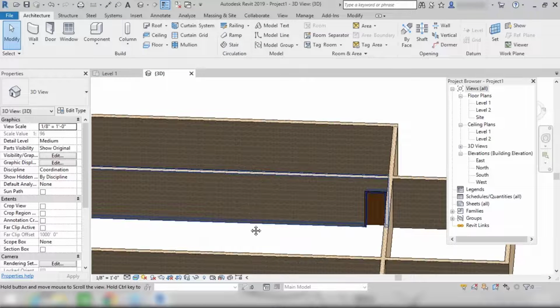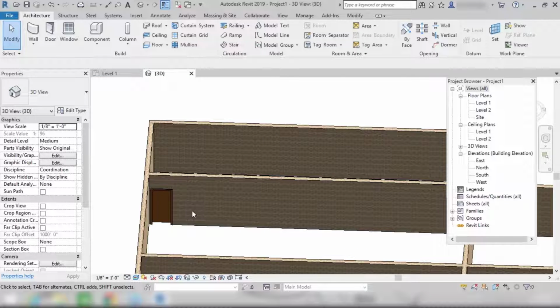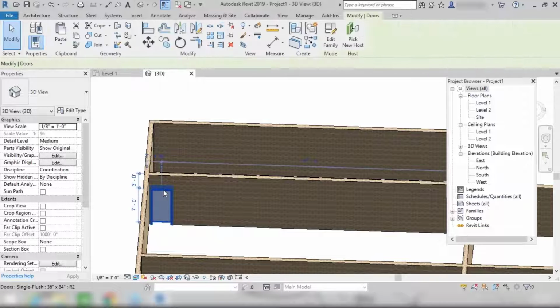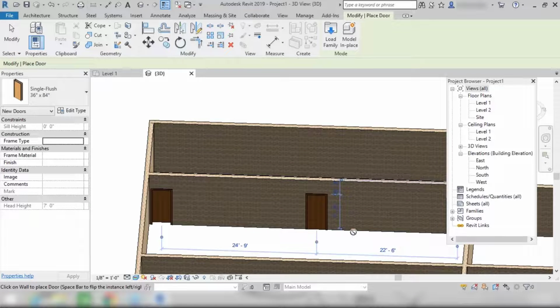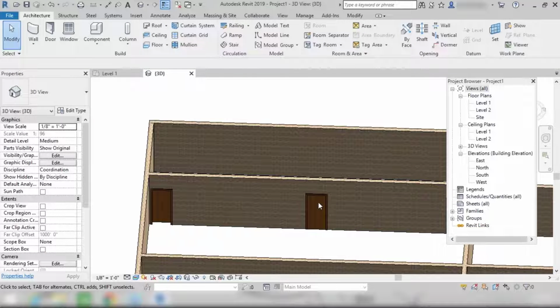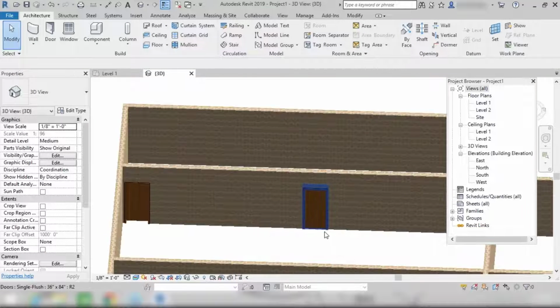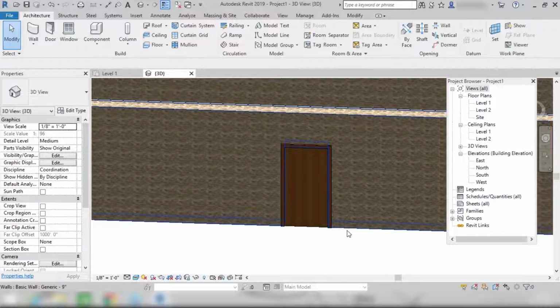So there are two important settings: one was head height and the other was sill height. For that, I'm going to create one door here as well. I'm going to insert a door here, right? A similar door is inserted over here. If I zoom this out, you can see here the distance of the bottom edge of this door from the base point is called sill height, and its total height is known as head height.